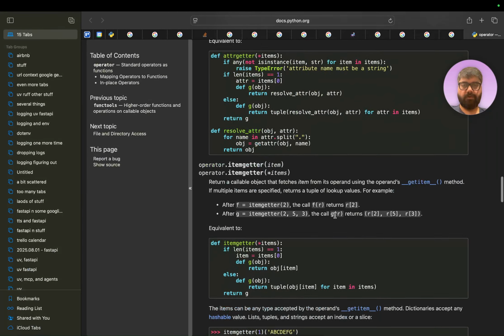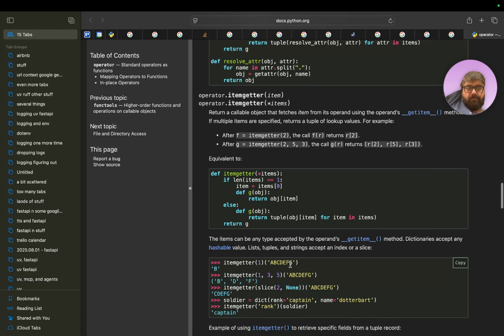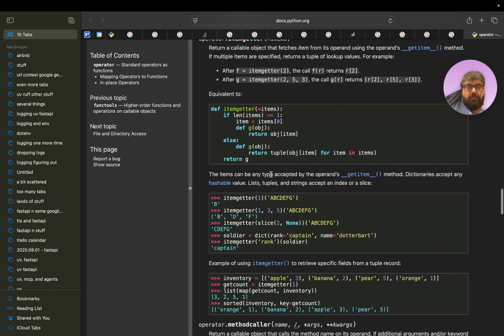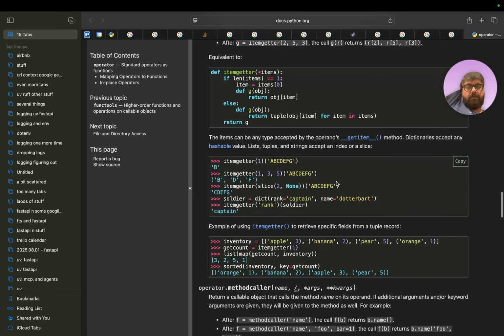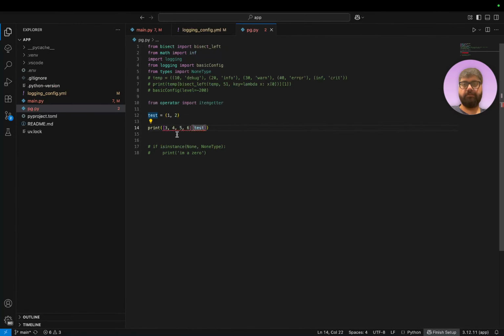How do you use operator dot itemgetter? Oh, okay. Okay, so I can just do